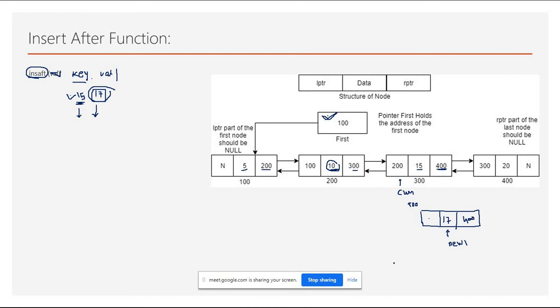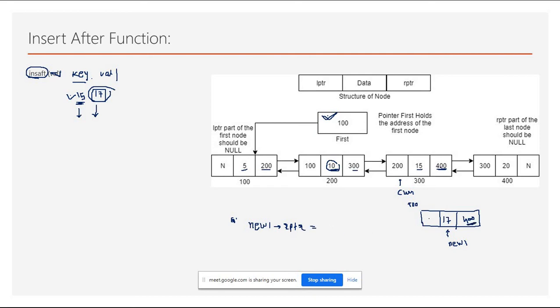So here 400, and how can you write it? This is current, new one point to RPTR, right? That means we are talking about this address. Here what you have to copy, 400.